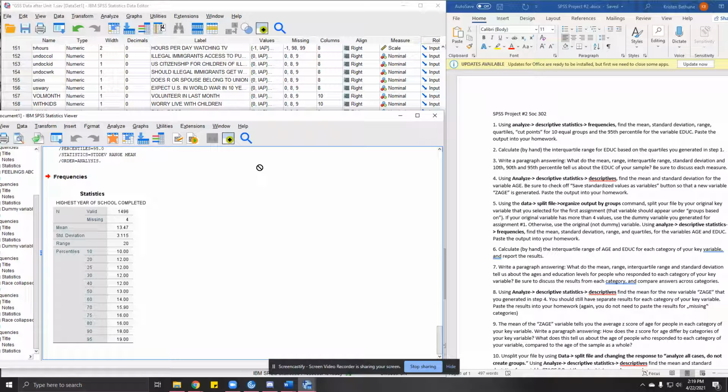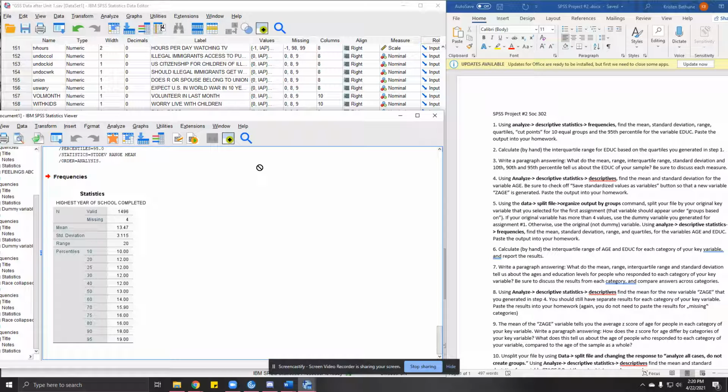Similar with standard deviation. If I picked a random person out of our sample, I would expect that they would probably be within one, at most two standard deviations away from the mean. So that means that we could go +3 or -3. But most people in our survey have some type of education between 10 years, so dropping out of high school, around your sophomore year, or maybe they've finished college. So that would be 16. If I add that to my mean, that's 16 years. That is finishing high school and finishing college.